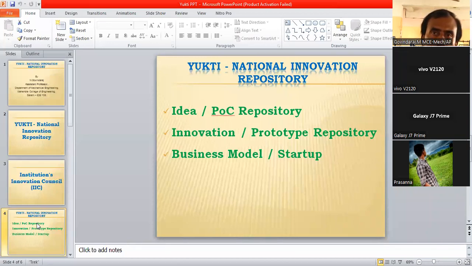Within the completion of UG, that is within the 4 years of study, the student will be able to make a startup company. Now you are in first year engineering. When you come to the final year, you might have some idea from the second or third year, and that idea will progress stage by stage. In the final year, you will be able to make that idea into a product. For converting that idea to a product, you need to start a company. That company is called a startup company.